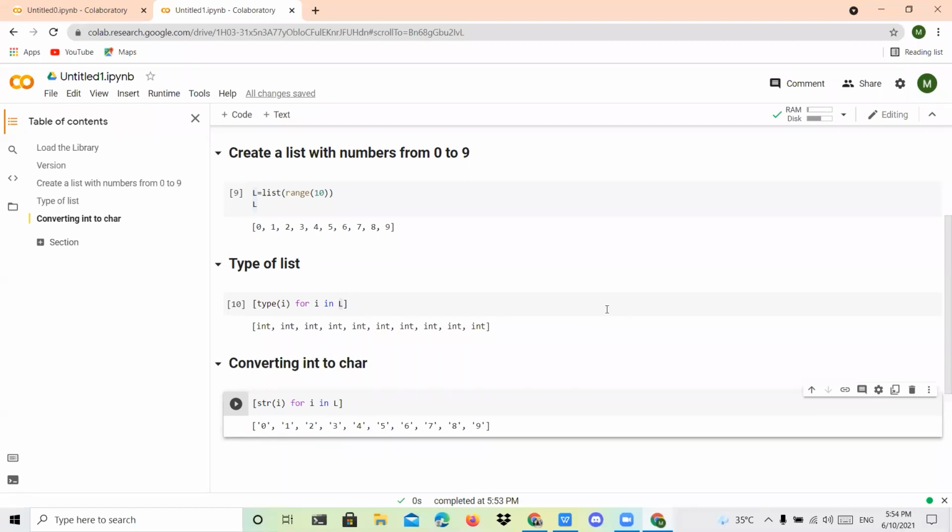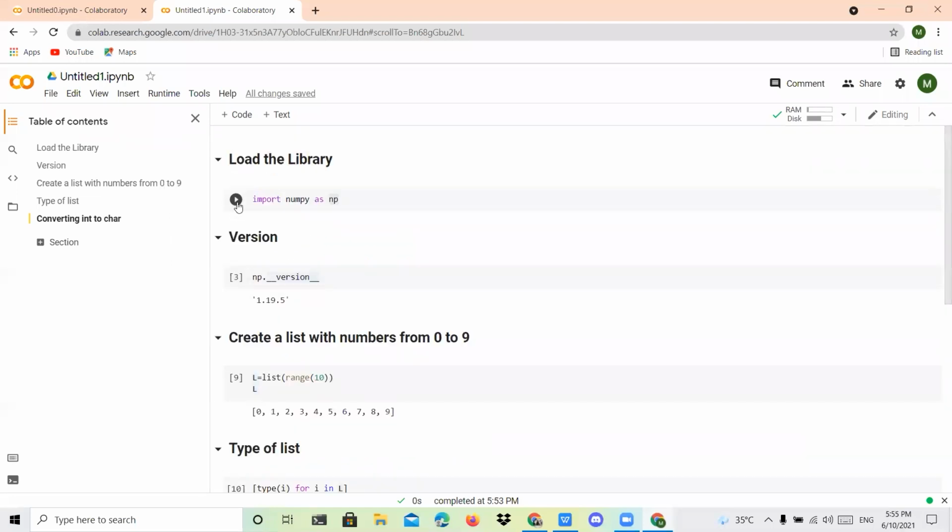So if you are not able to get that runtime option, you can use the local runtime itself, because the runtime is needed only whenever we are going to image. If NP is not defined, then you have to run your library again.